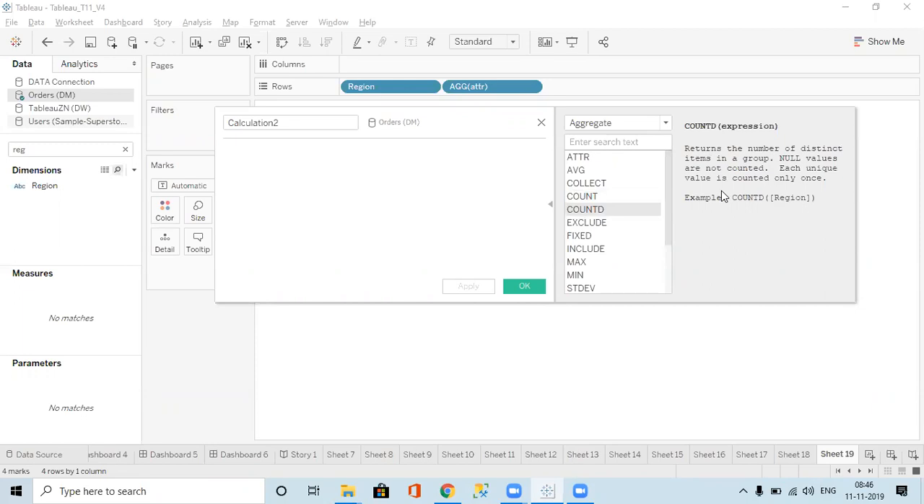So we have count distinct also. It returns the number of distinct values in the group. Null values are not counted. Each unique value is counted only once. But here, if a value occurs multiple times, it will be counted multiple times. Count distinct means it will count only distinct values. Okay, empties will not be counted in Power BI also, in Tableau also, same. And we have one more thing called